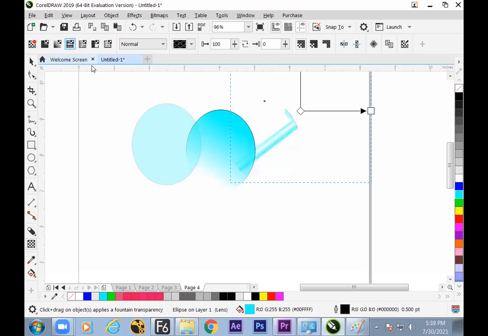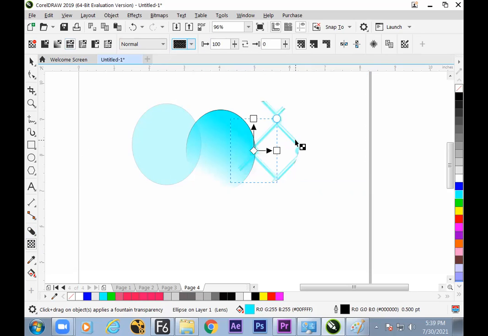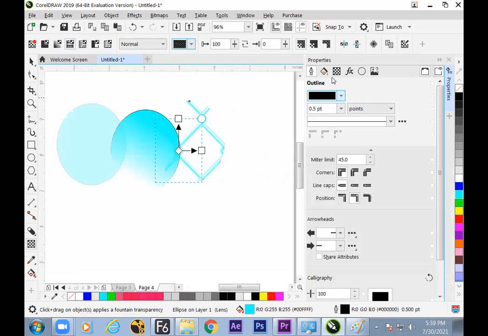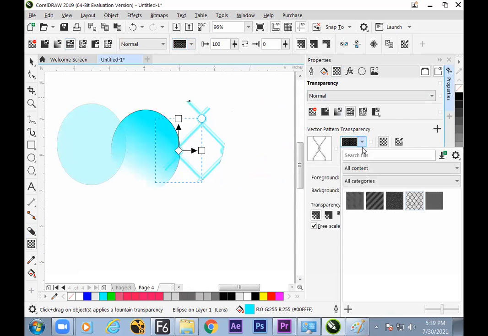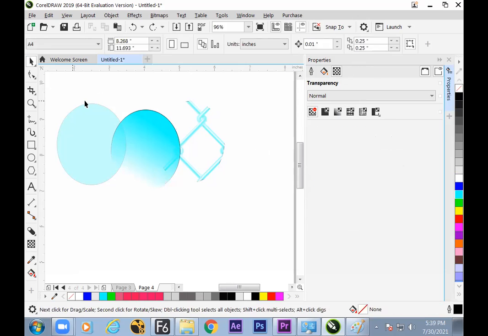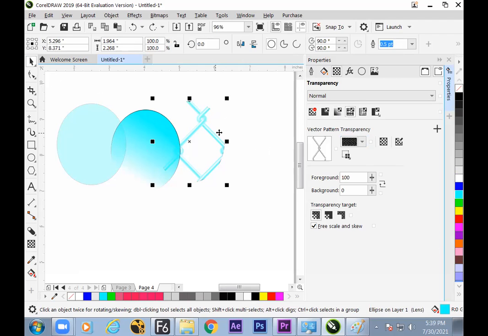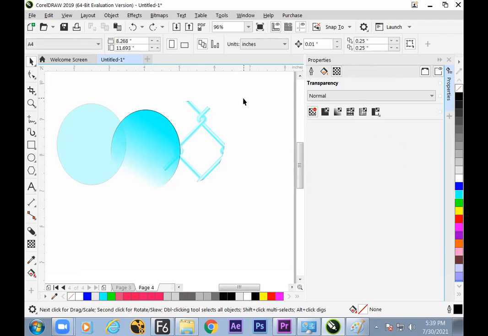So there are predefined patterns through which we are making the transparency. But what is that pattern? How does it work? All these depend on this pattern transparency. And there is an option also, Alt, Enter. You can switch to the transparency, and these many transparency alternatives are there. So hope we have understood now how to make a normal object, non-transparency, uniform transparency, fountain, and pattern transparency. Hope we have understood this much of thing.